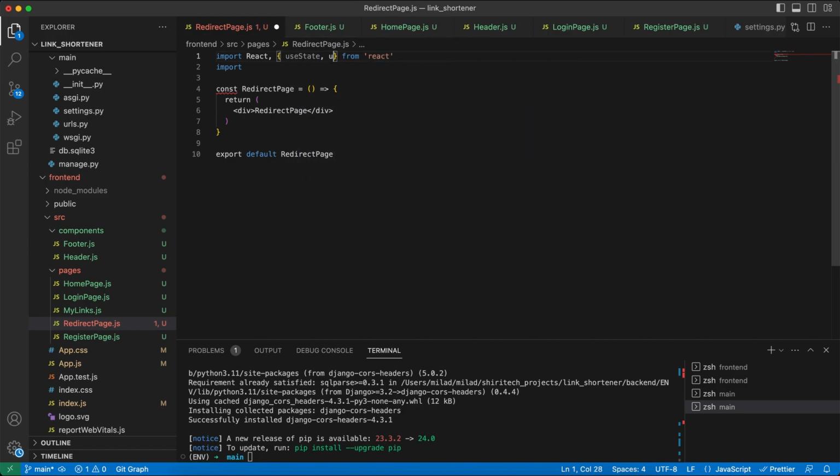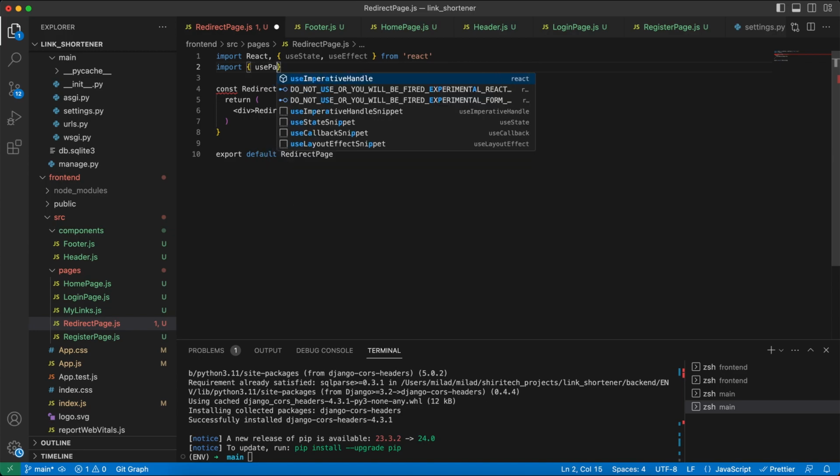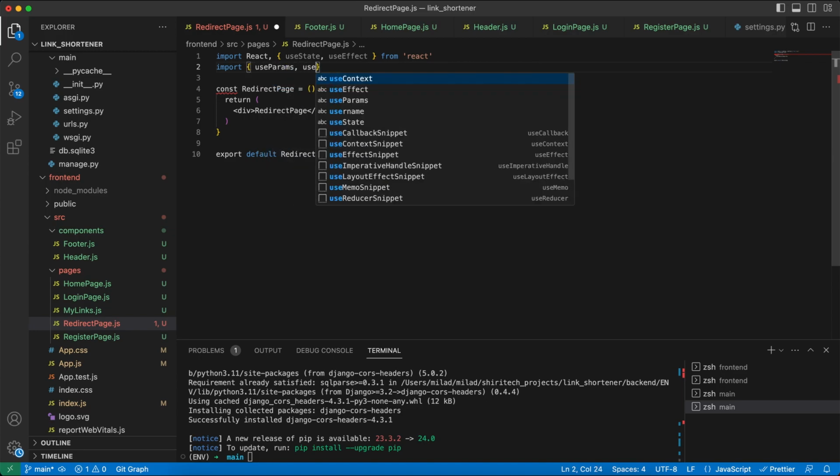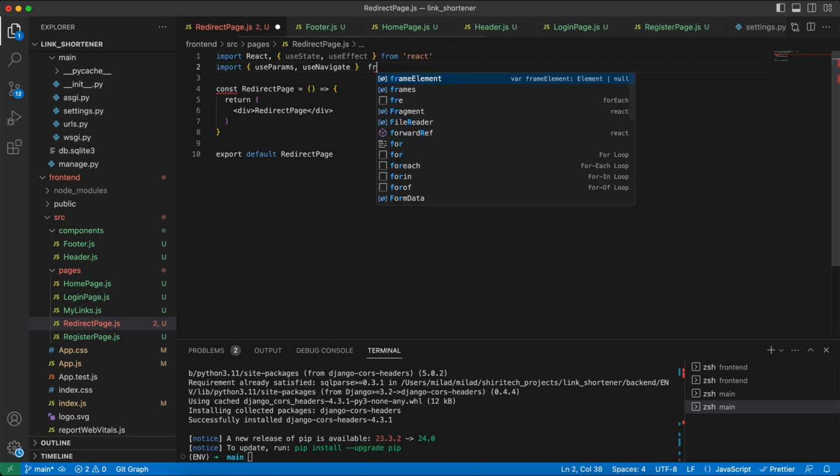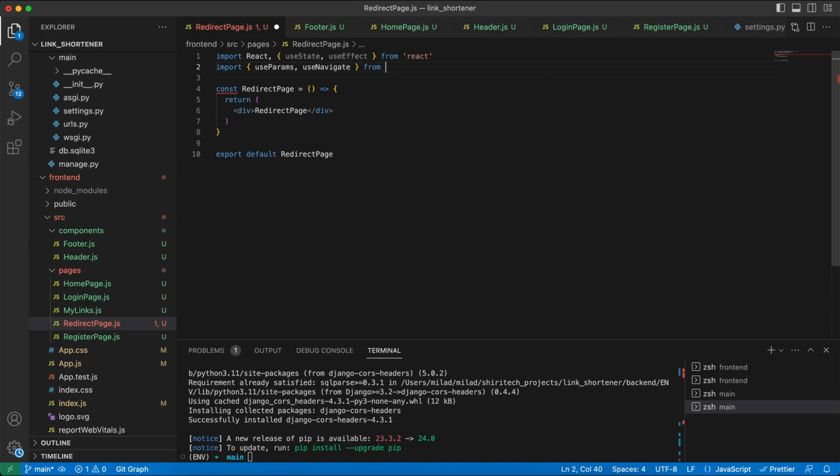Use state, use effect. Also, because we want to get the hash from the URL and then redirect the user, we need two other hooks from React Router DOM. First one is useParams, then useNavigate from React Router DOM. And now if I save it, so here